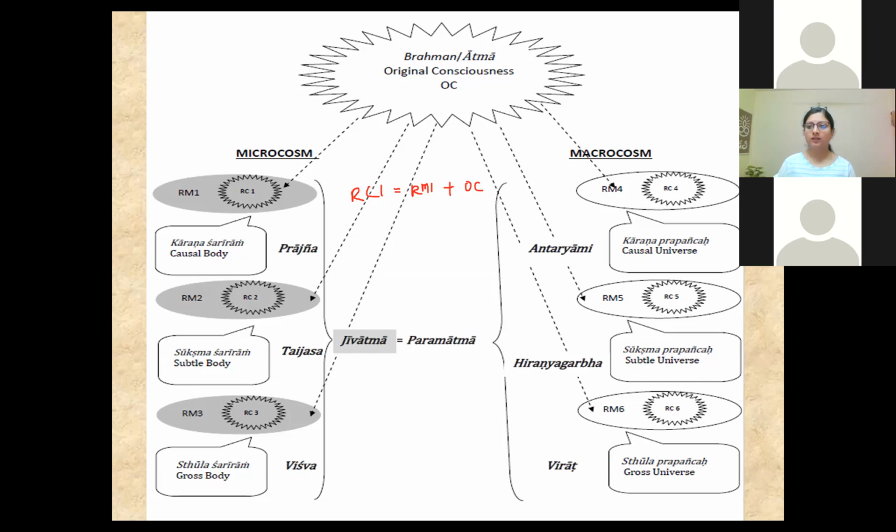It's not that the entire rest of the prapancha has one subtle body, or that it has one causal body. Not like that, right? It is a collective, all of the things put together. Okay, got it. That's where I think Ishvara comes into the picture. I'll contemplate it.